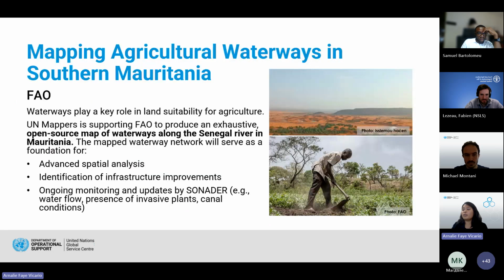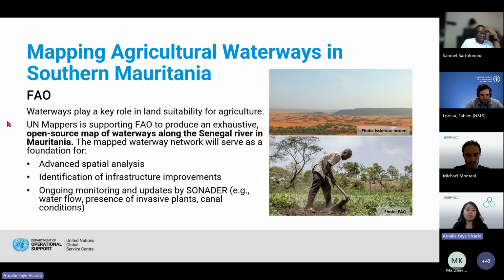We are now going to our mapping project. But first, if you have any questions, please do ask them in the chat. As Fabian and Mikel mentioned earlier, we are mapping agricultural waterways in southern Mauritania.